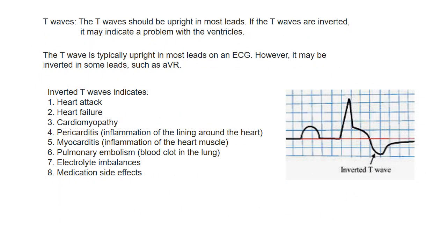T waves. The T waves should be upright in most leads. If the T waves are inverted, it may indicate a problem with the ventricles. The T wave is typically upright in most leads on an ECG. However, it may be inverted in some leads, such as AVR. Inverted T waves indicate: